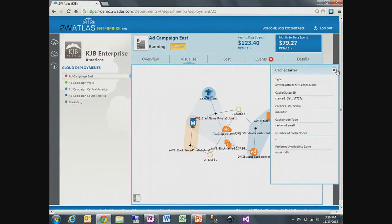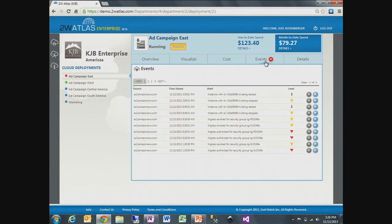The next thing I want to talk about is the actual events that are happening. As you can see, these are all CloudTrail events. We analyze those events, we determine what they are, and you'll notice you see yellow, informational. Informational is, we started or stopped an instance. That's just informational for an audit log. But you go down to the red,